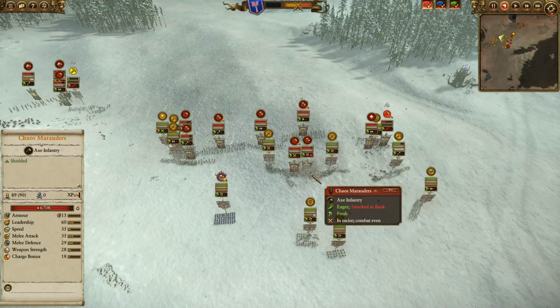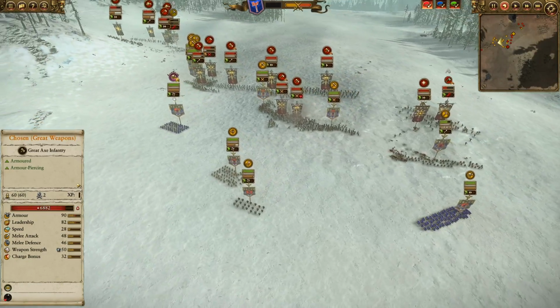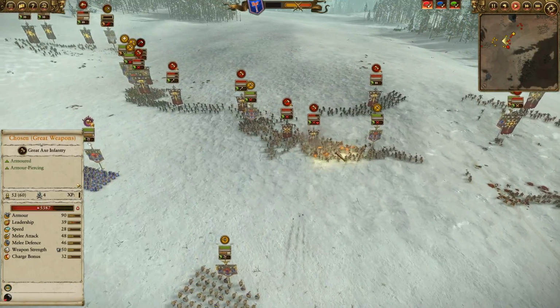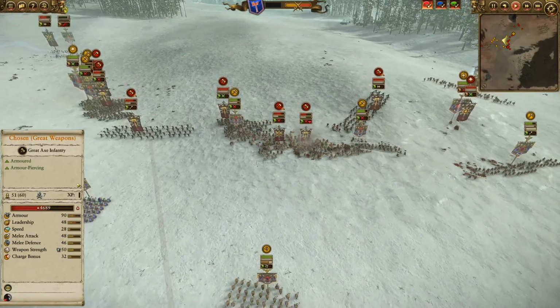And at the same time, you can see we've got Marked by Ulthar going down on these Chosen with great weapons in the center over here, and take a look at the amount of damage output going on over here as these Quarrelers and these Rangers and Ulthar's Raiders all fire away into the front. We've got the Trollhammer torpedoes as well coming in, so these Chosen are absolutely melting away, down to about 50%